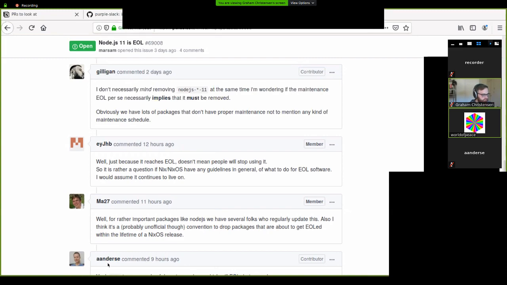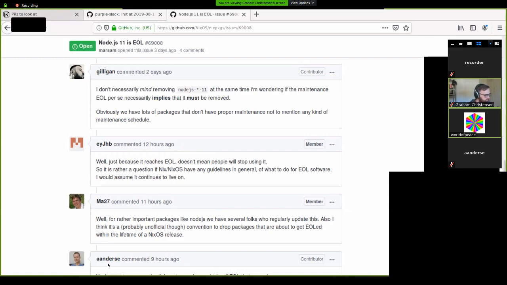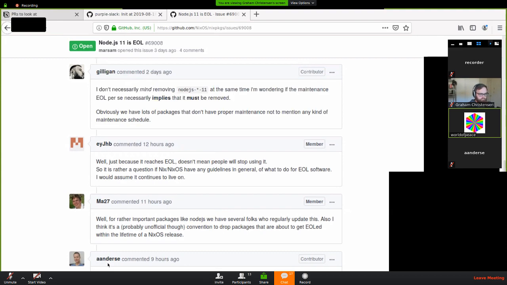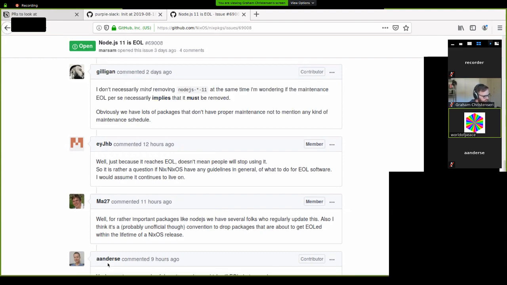But that's probably not a good argument to keep it anyway. I think the difference is that Node.js is maintained, so it's not an abandoned piece of software. It's just an end-of-life version of that particular software. So you definitely want to remove that version.